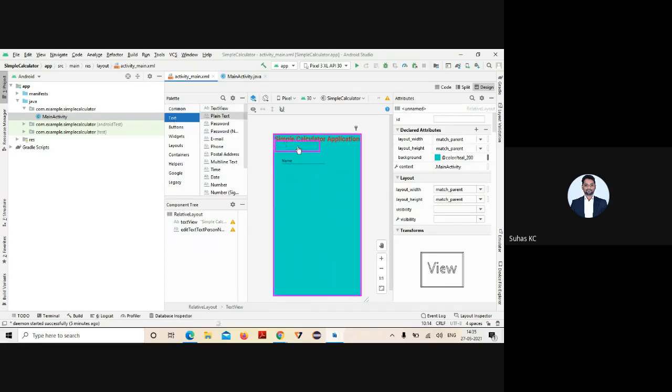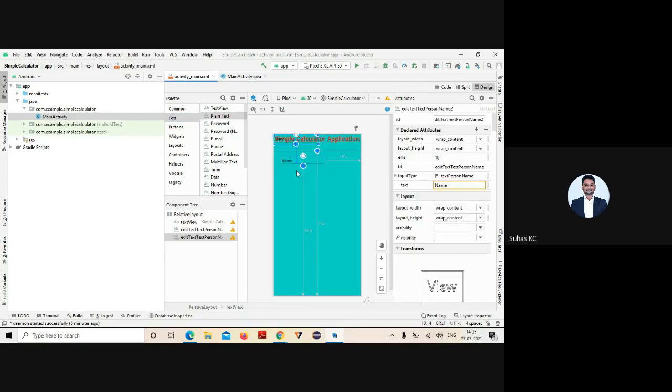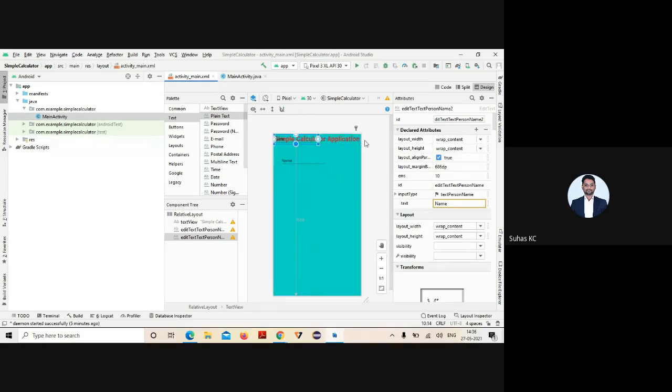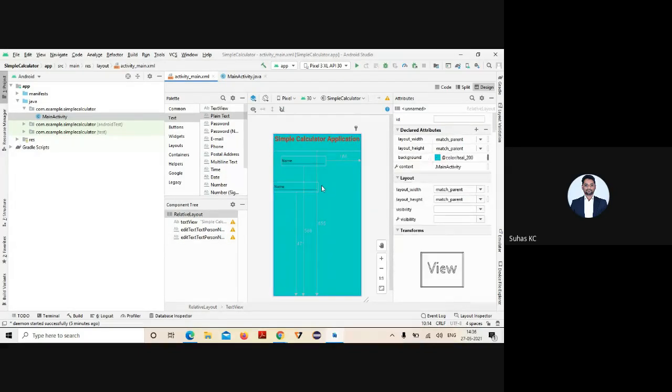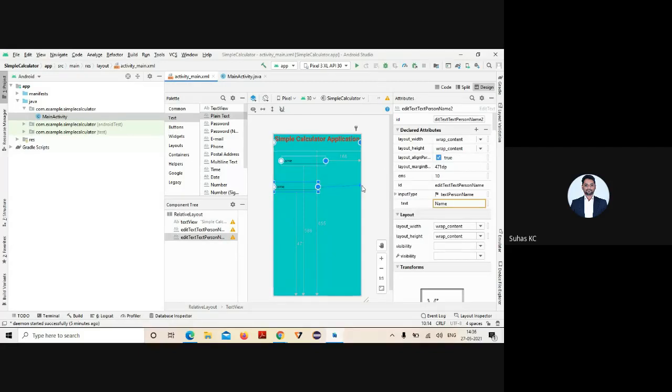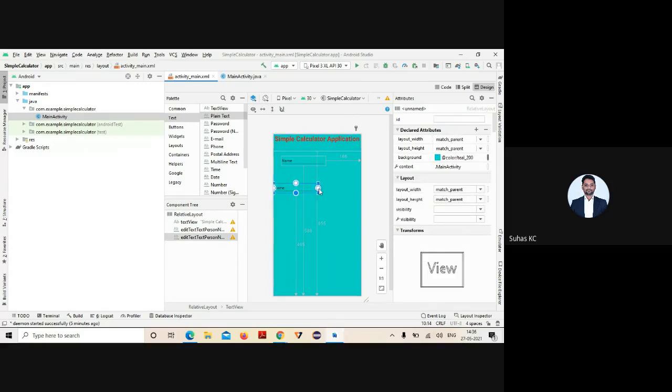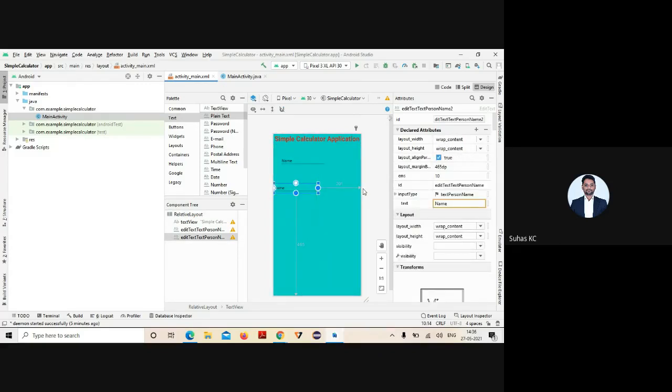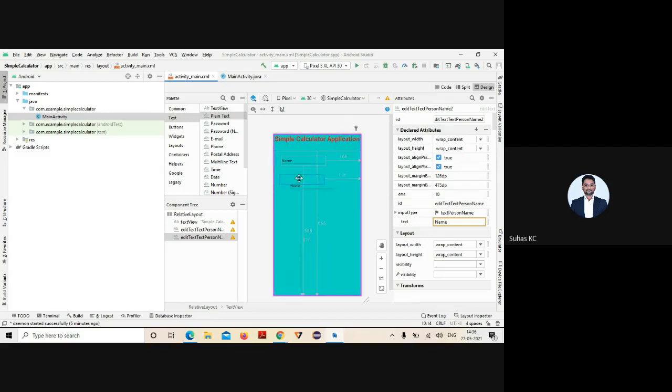So again, one more plain text. As soon as I take that one, set the x-axis and also the y-axis. Why do you need to set the x-axis and y-axis? In order to place it. It is changing only in the x-axis because you have not set your y-axis. That's why it is not able to move towards right or left. I need to set the cursor to the end, then I can drag wherever I want. Hope you're clear.